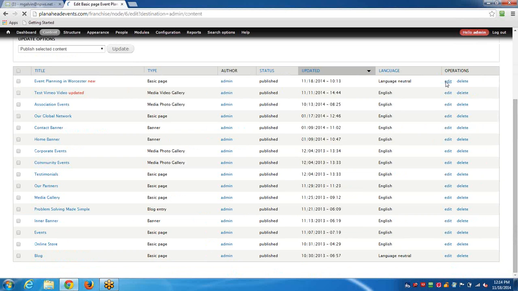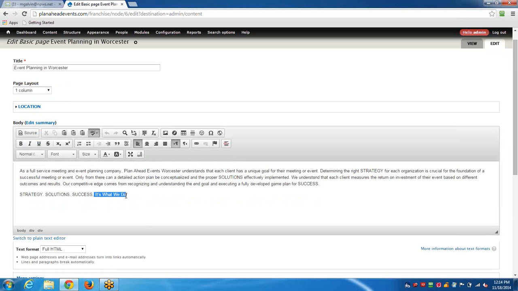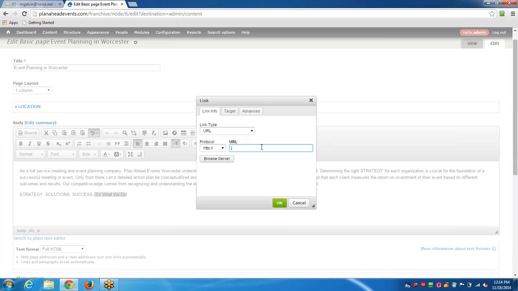Let's go in and add a link to something. To add a link, you just highlight the text you'd like to turn into a link, and you press this button right here. You can either directly type in a URL that you'd like to link to,